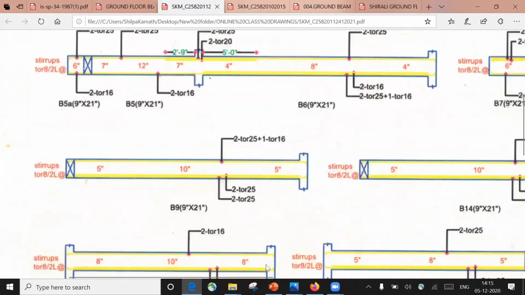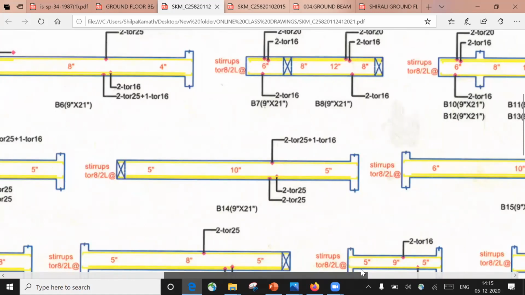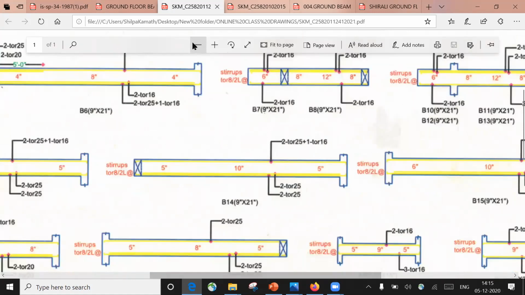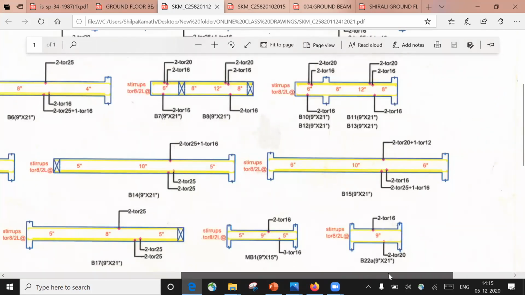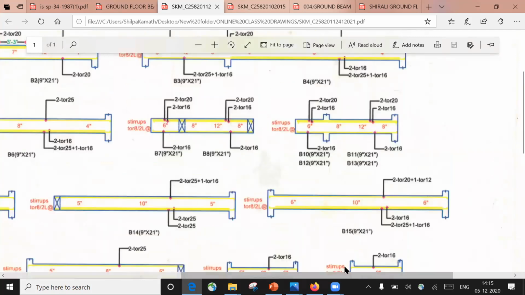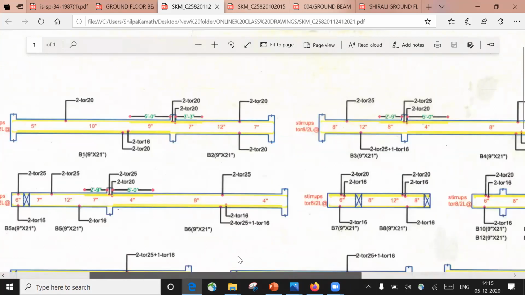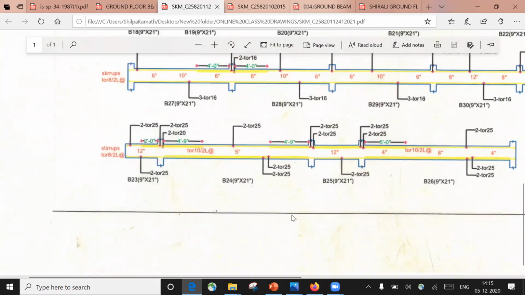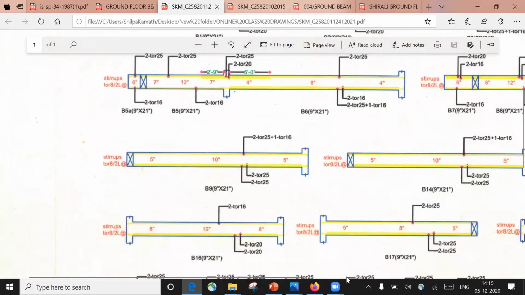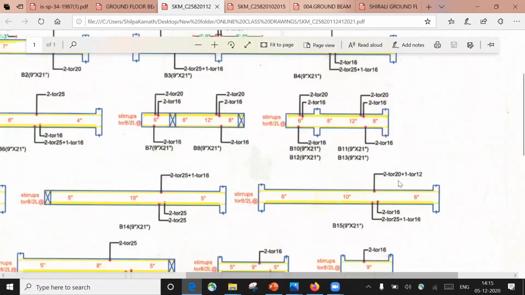There's no exact image of that particular beam, but anyhow, I hope it is understood. Like you can see here, it's 20 diameter 2 bar at the top.